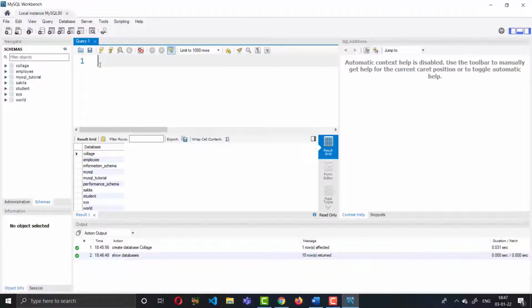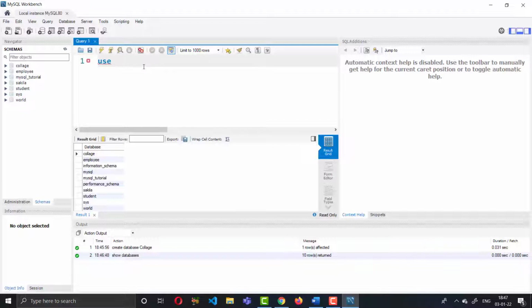Suppose you have created a database, and in which database will you create tables? You should select some database. Suppose I want to use this college database. The keyword used for selecting your database is USE.